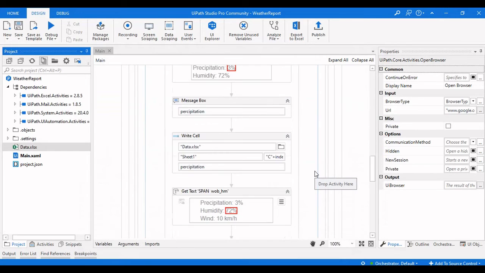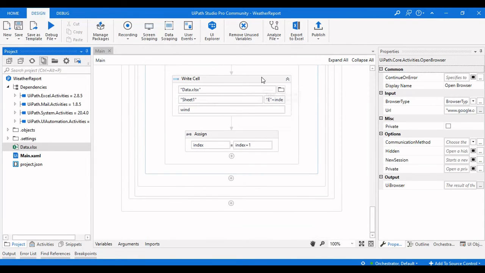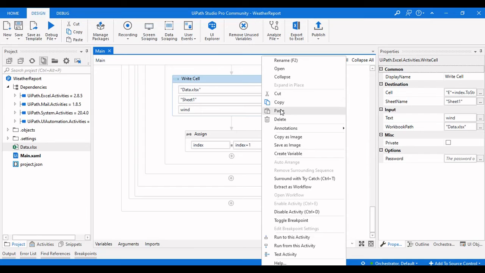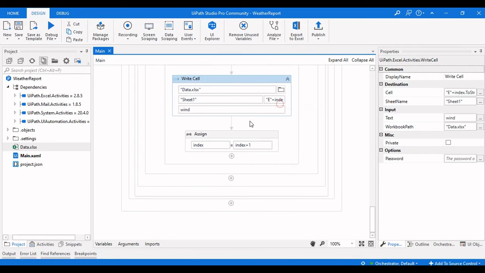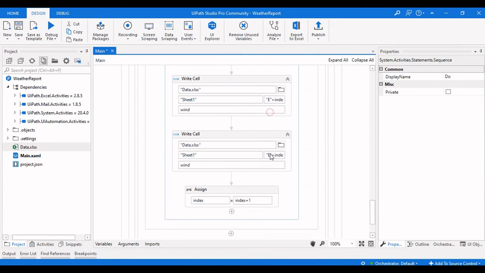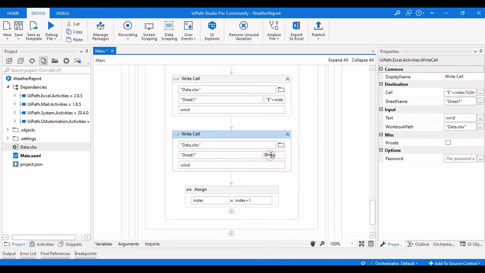So what we need to do is add another Excel write cell here. So this time, if everything is completed, then we will update that as success.